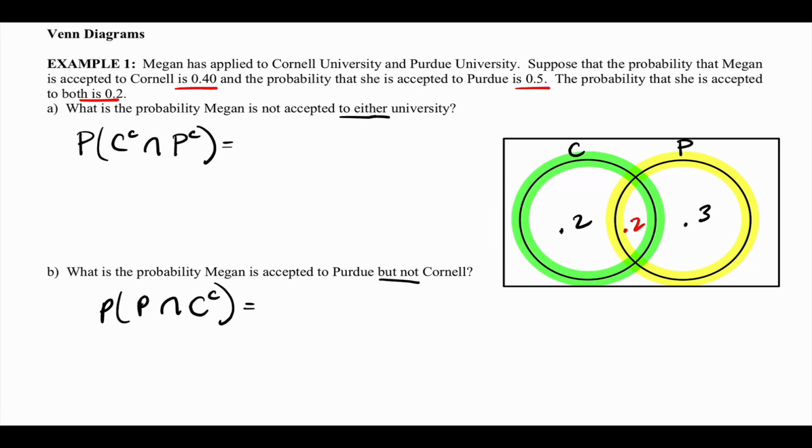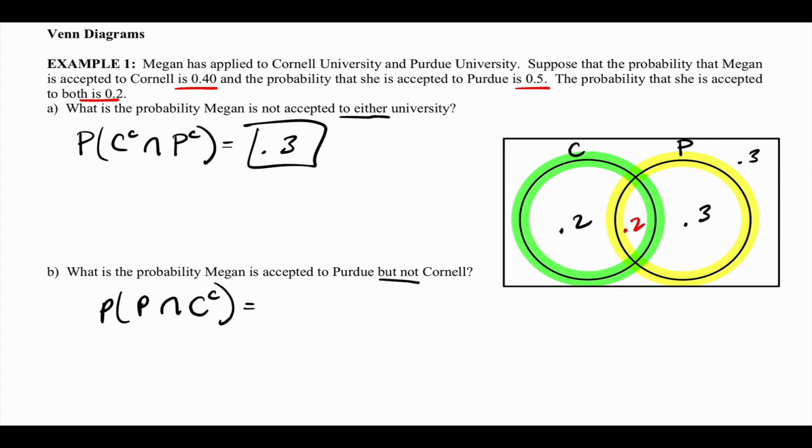So how much do I have accounted for? 70%. So that means a 30% or a 0.3 probability is not accounted for. That represents not either, because they're not in Cornell and they're not in Purdue. So there's a 0.3 probability, 30% chance. Okay. I could have used a formula to do that, but it's just easier when you have a picture in